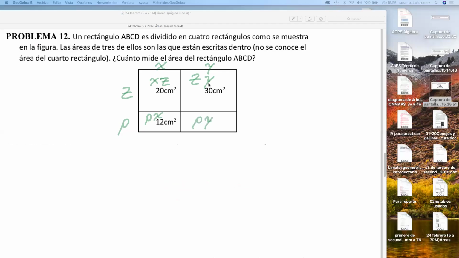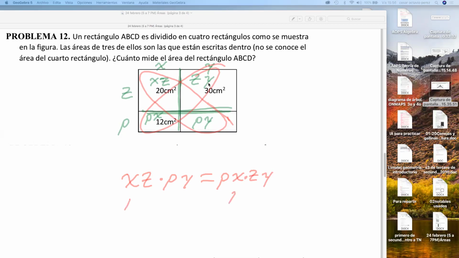If we have a rectangle and we divide this way with parallel lines, every time we will get that those two multiplied give those two. Because this is the same. Okay, do you understand this idea? So every time that we divide a rectangle this way, we can say that,